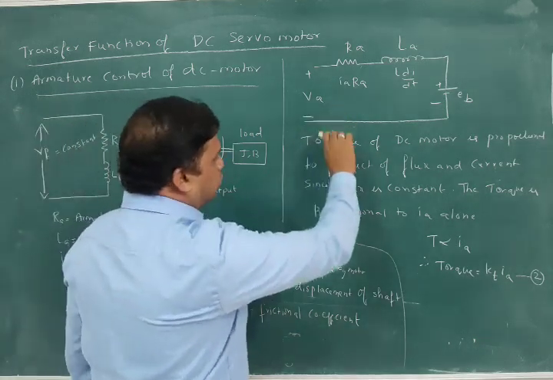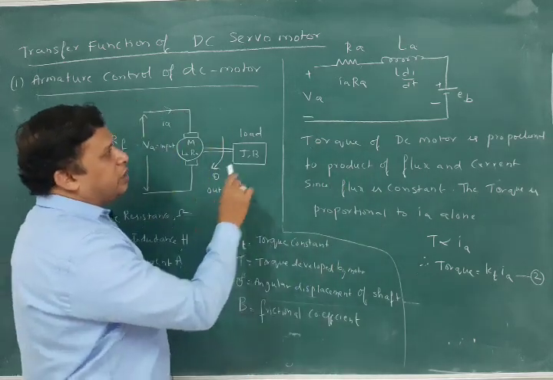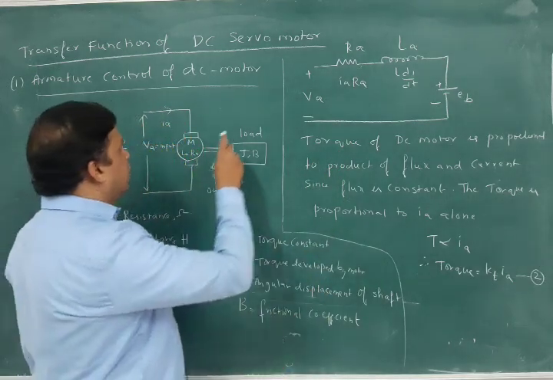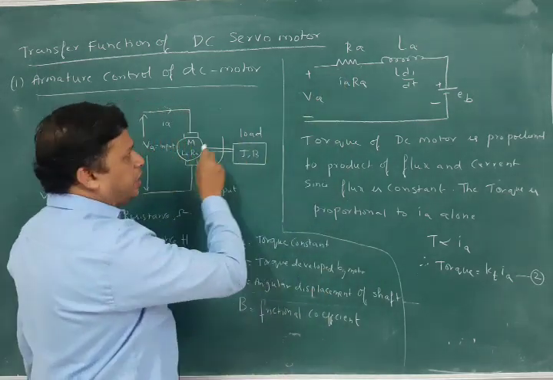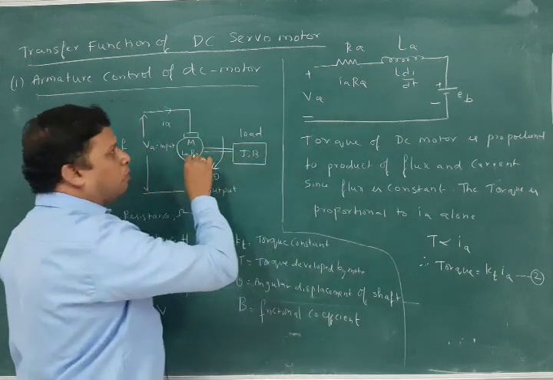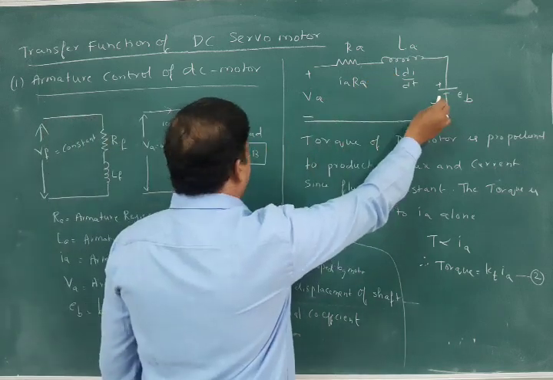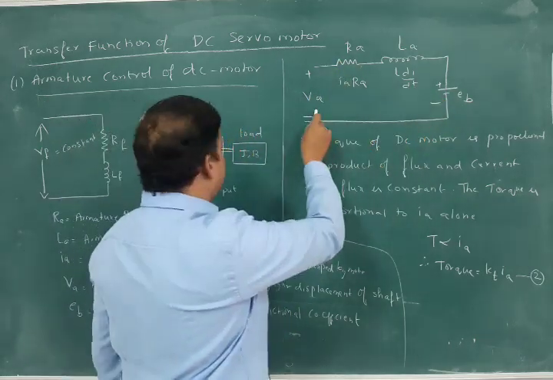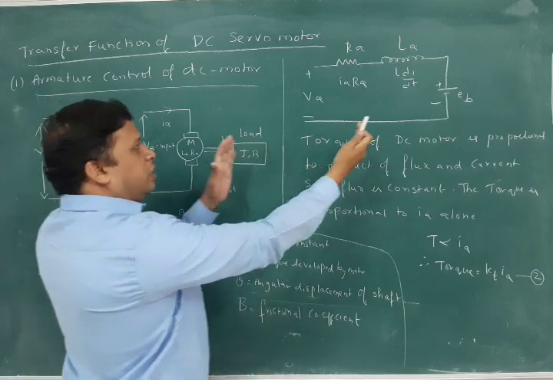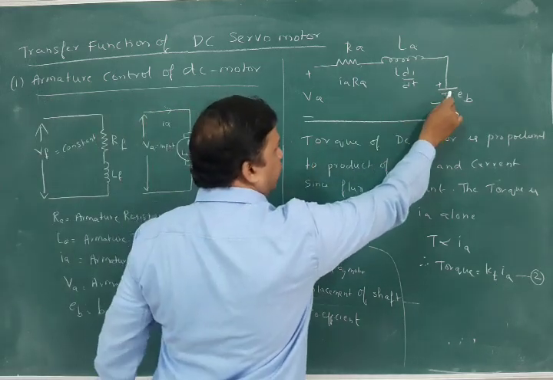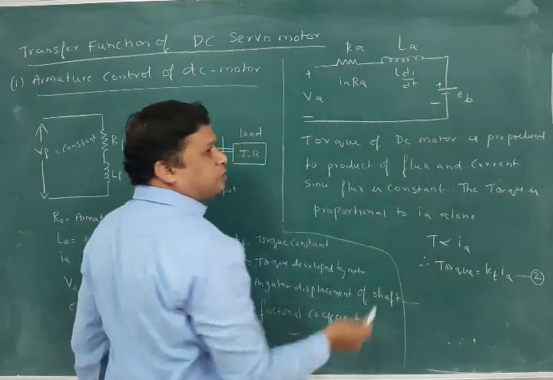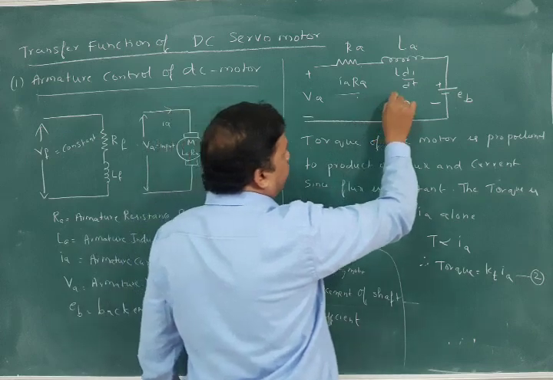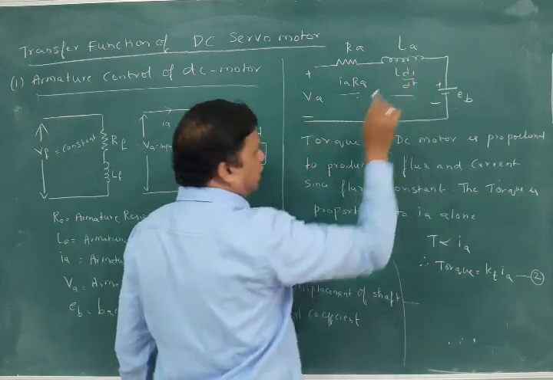We can also draw this diagram as an equivalent electrical circuit. We can write a resistance Ra, and La is the inductance present in the motor winding, as well as the back EMF produced in the motor. So, this is the circuit of a motor where the armature voltage is given. You can compare this circuit, where Eb is represented by a voltage source because back EMF is produced in the motor, Ia Ra is the voltage drop, and L into di by dt is the voltage drop across the inductance.